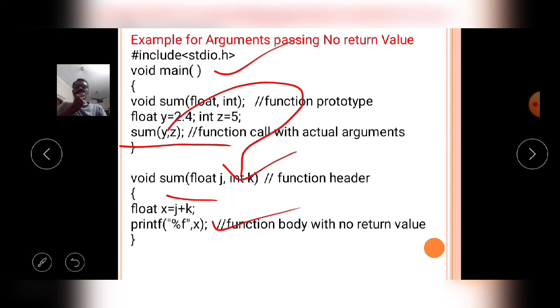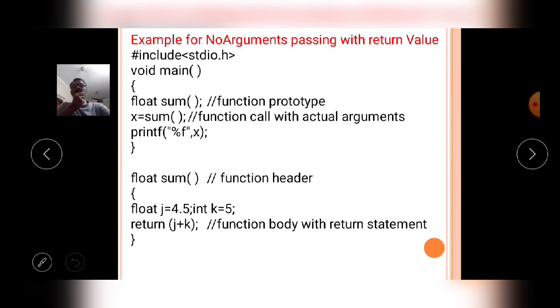So that's why the sum user defined function is of the type argument passing with no return value.